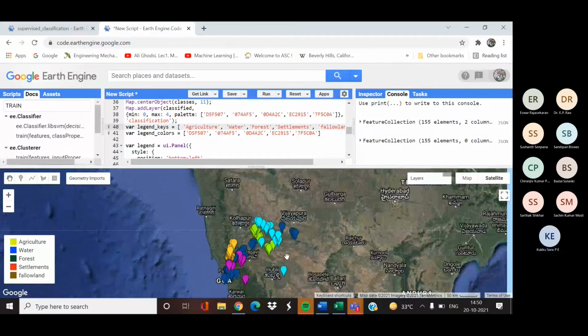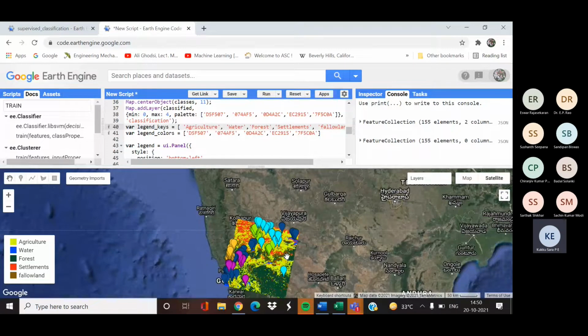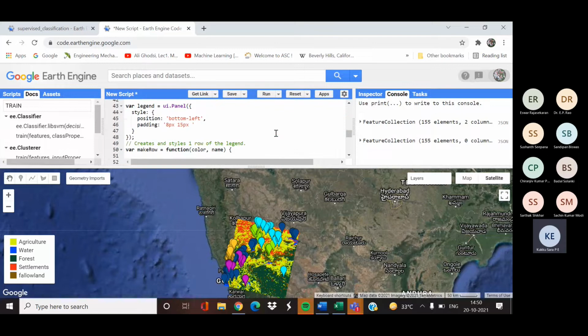So now we will check the accuracy of this classification. In order to calculate the accuracy, usually we generate an error matrix. That error matrix will compare the relationship between our reference data and the corresponding results obtained from this classification. We'll check for each pixel how it actually is on the ground and what it represents in our classified image. So for that we need to collect some validation points. That is our ground data.